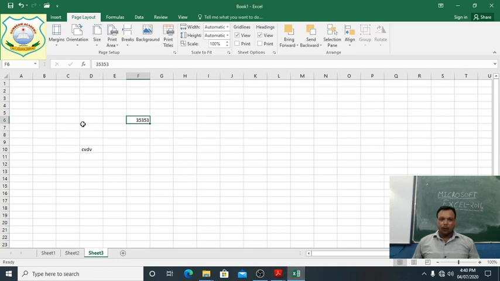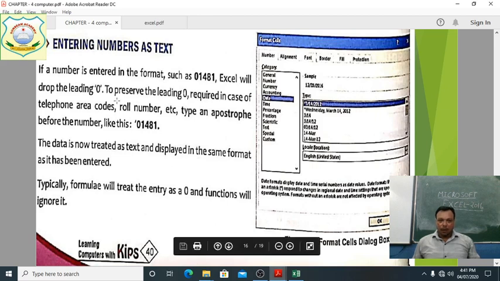With the practical I am showing you. This is given before it, 0986. See here, the 0 is not showing, but if you want the 0 here, type 0 and then put the apostrophe sign. See, 0987. So students, clear? You will do the practical at your home, what we have told just now. Next one is, students, entering a number as text. Have you understood? Next one,